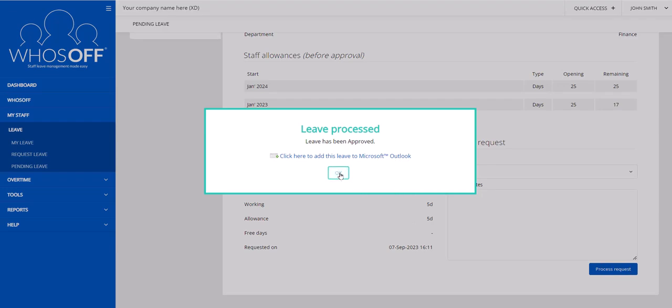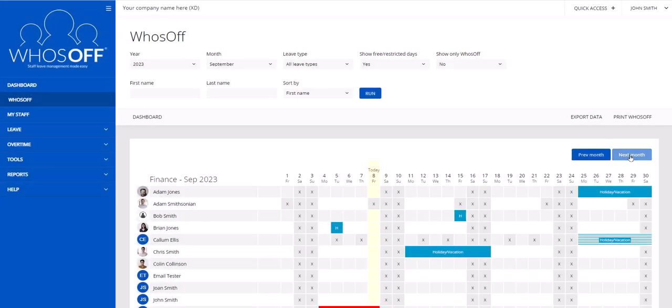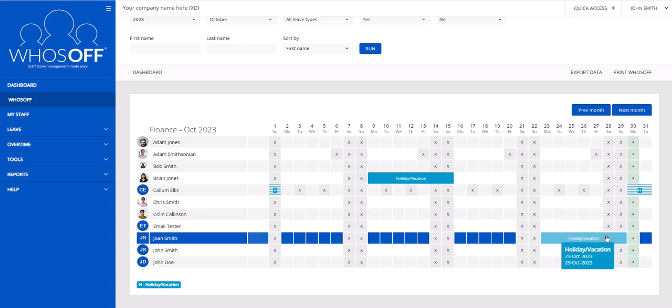And when we click OK, we can return to the WhosOff calendar, and if we go to next month, we can now see that Joan's request has changed from the original stripy format into a solid and prominent colour. What happens at this stage is the staff member receives an email from the system notifying them of the outcome of that request. This is a useful way of keeping them in the loop of what's going on with their